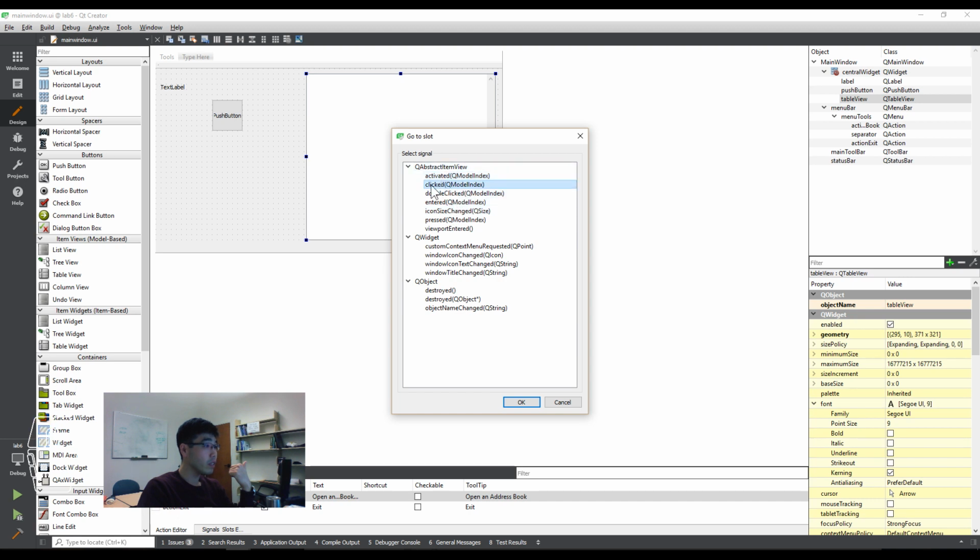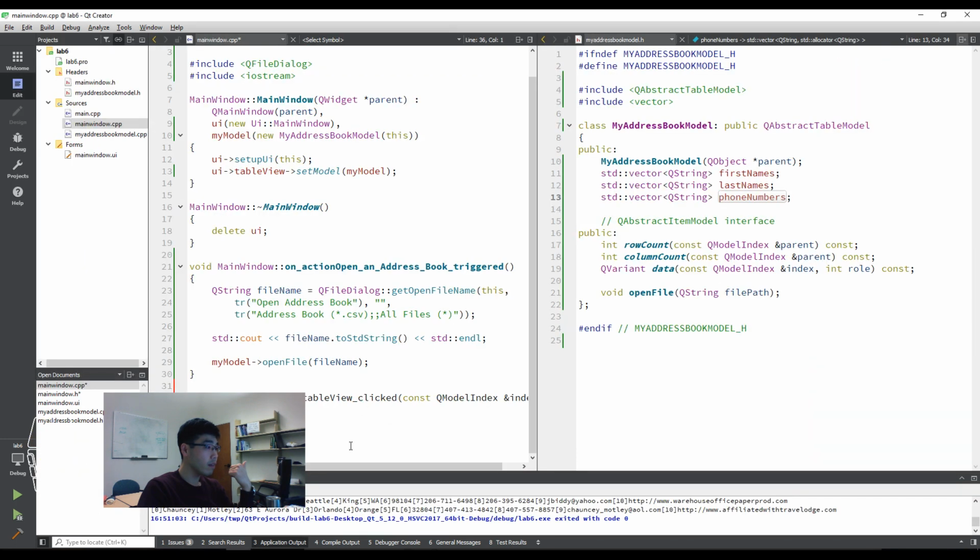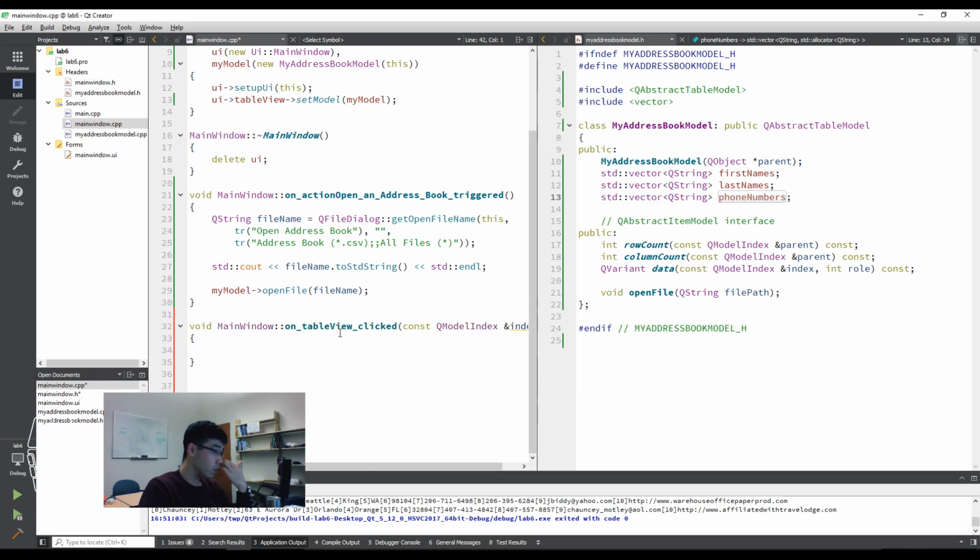The clicked QModelIndex, then okay. Then right now you have on table view clicked, and here you have a QModelIndex which contains the row and column number, so that like